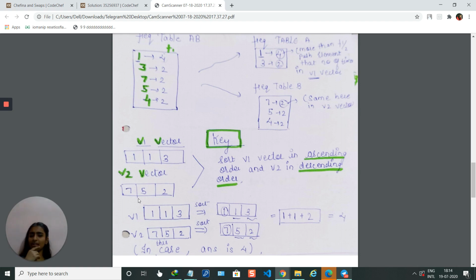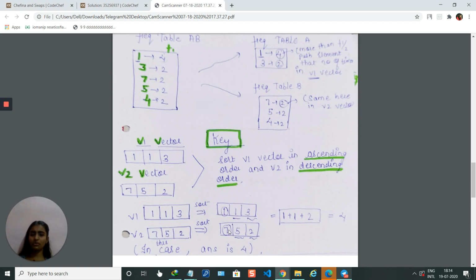I mean to say, in any way you can do it. So this is the v1 and v2 vector. I will sort it this way: first in ascending, second in descending.